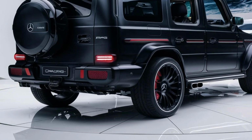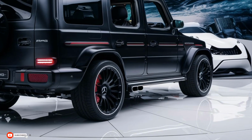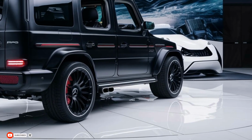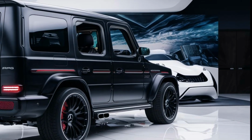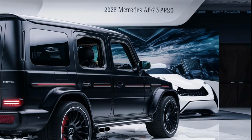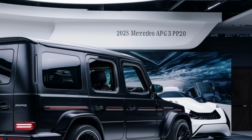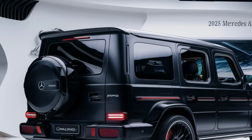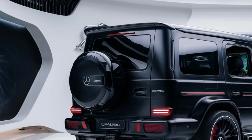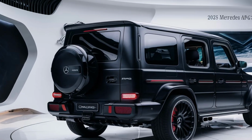Today, we're diving into a car that needs no introduction, the 2025 Mercedes-AMG G63. This beast of an SUV is as iconic as they come, blending luxury, off-road capability, and serious performance. Whether you're taking it off the beaten path or just cruising through the city, the G63 makes its presence known. So, let's get into what makes this 2025 model stand out, starting from its exterior all the way to its